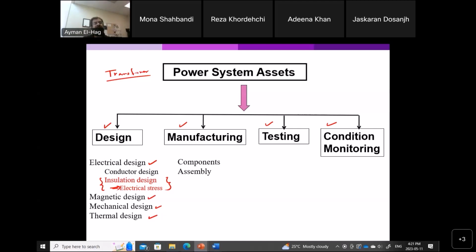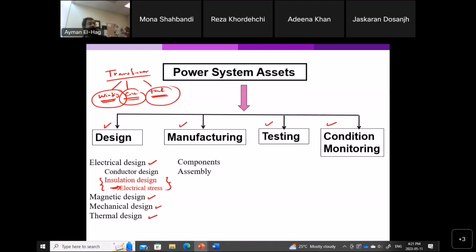Then we have the manufacturing. Now, when you manufacture the transformer or any other component in the power system, you usually manufacture separate components. For example, in a transformer, you do the winding by itself, you do the core, you do the tank. So there are different things you do, the winding, then you assemble them. And as you are manufacturing the different components,